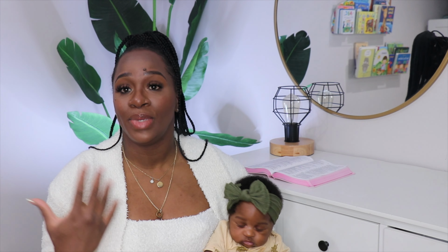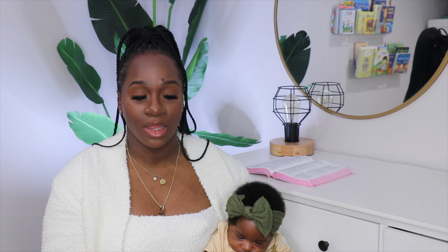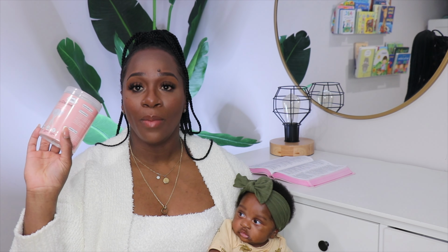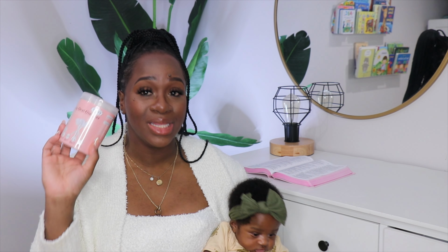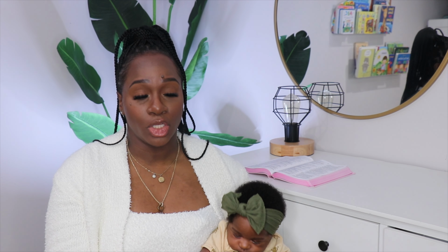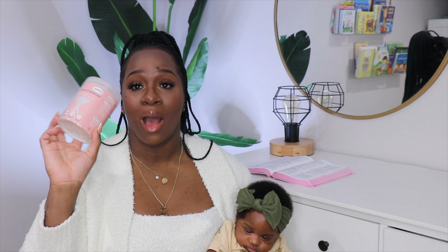Not only is it going to be easier for you when they get older and it's time to brush their teeth, because they're so used to that routine, but you're keeping their mouth healthy. And I think using these will eliminate thrush. I could be wrong, but my baby hasn't had any of those issues, and I think I can attest to this. So every morning, or maybe at night, if I don't do it in the morning, I'll go ahead and